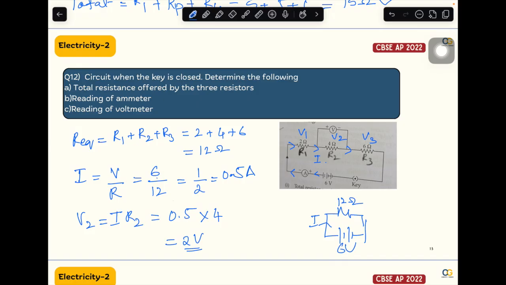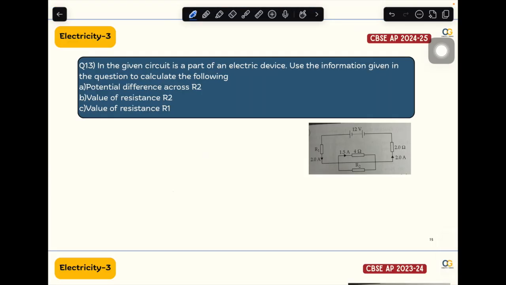So this is how you find it. This is a usual 3-mark question, but a fairly simple one, because I'm trying to get you prepared for the next question which is going to come, which is like the ultimate application of Ohm's law. This is just to heat your ignition up for Ohm's law. If it is parallel, the voltage will be the same and you can find current for each individual resistor. Based on which is series and which is parallel, you will apply Ohm's law and find out respectively. Now coming to this famous question that was asked 2 times in 2 consecutive years, given its amazing applications,